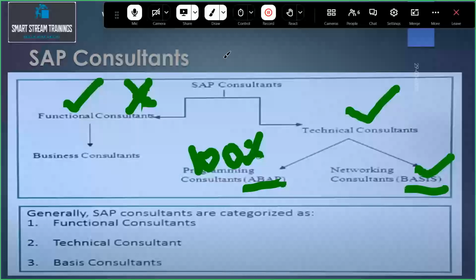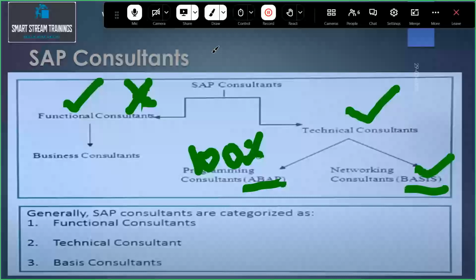At the end of this course, what is your designation? If anyone asks you what type of trainings you are attending, what is your answer? How to address it? SAP MDG, sir.